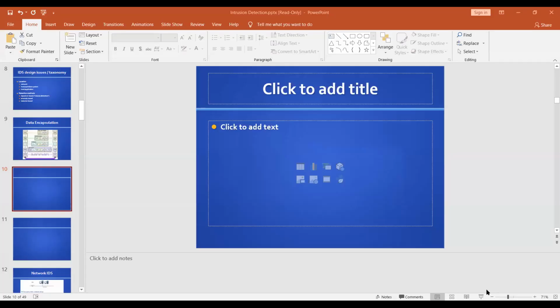All right, so you should now be seeing a blue slide. So what I was saying is, think about it: a router, a switch, a firewall, an IDS, all of those are just Linux.